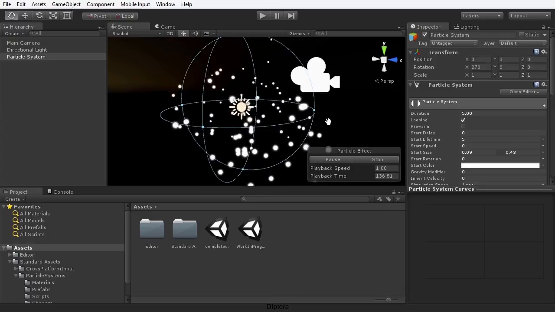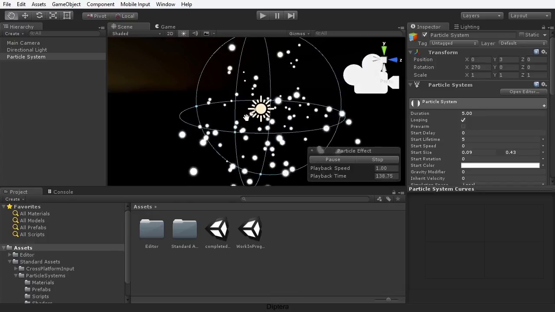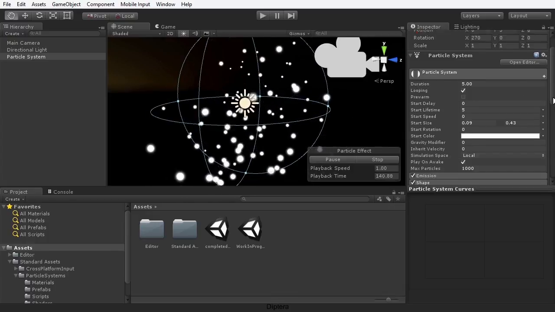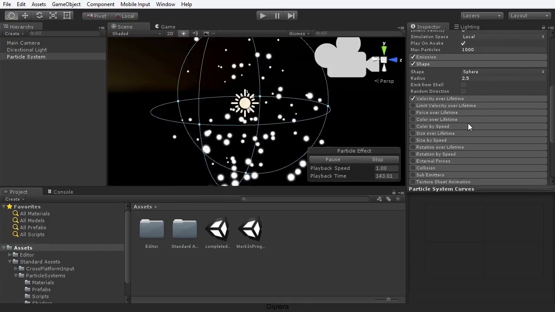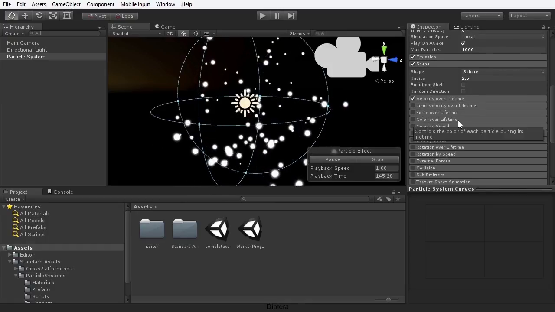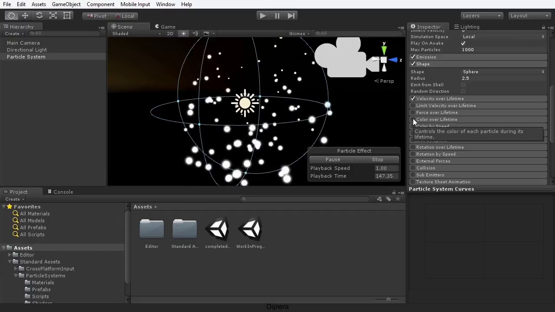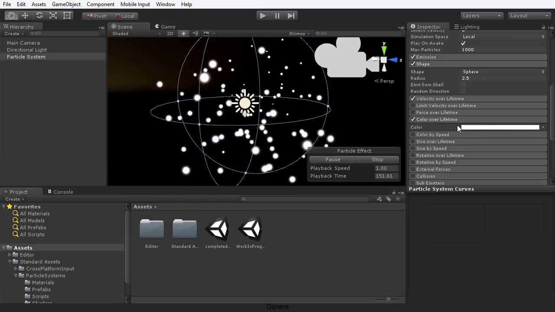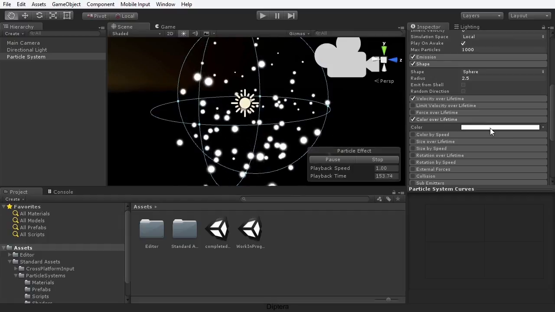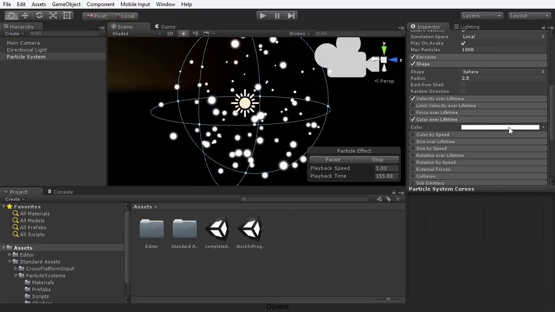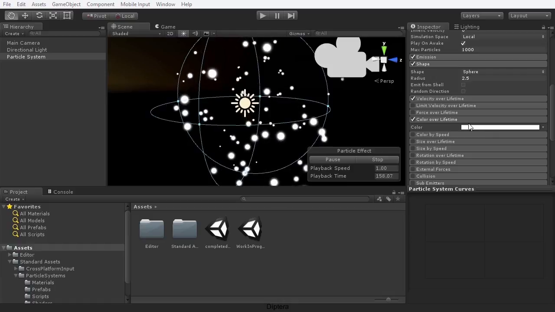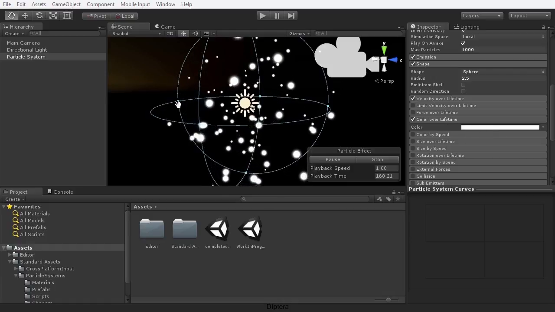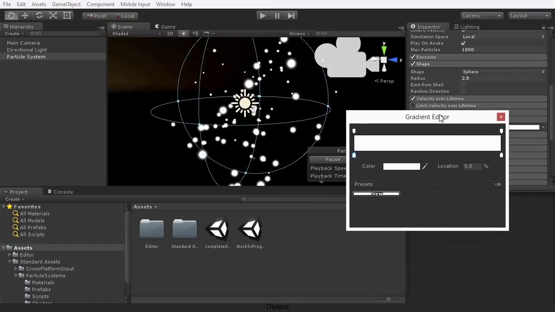So I'm going to control that now by moving over here to the Shuriken editor and scrolling down to where it says color over lifetime. I'm going to put a tick in that option and then expand the settings so that I can see what's going on here. Notice we've got a color option and this color swatch dialog. I'm just going to click on that here, and when I click on that color swatch, we get the gradient